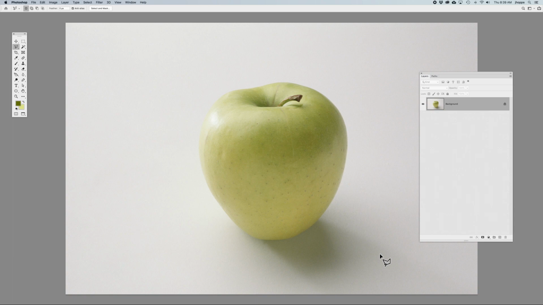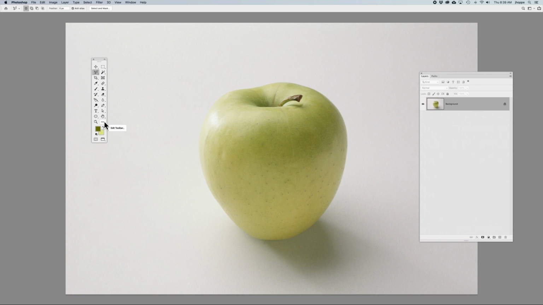Let's talk about the lasso tools in Photoshop. In your toolbar, the lasso tools are going to be close to the top. And if you do not have the full toolbar, you're going to see just the lasso tool and the Polygon lasso tool. And if you're missing all three lasso tools, go down to the